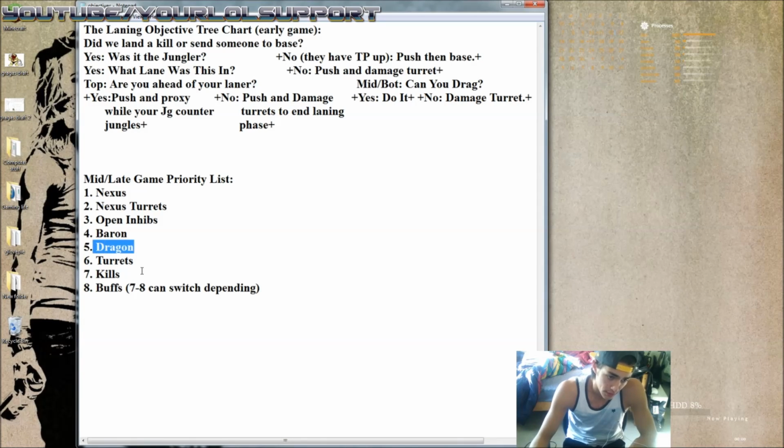Dragons over turrets. Now the reason I say that is because turrets, although they put pressure on the map, turrets will always be there. Dragons will not. Dragons have a wait time for you to get the next one. That's why I say dragons over turrets, if the dragon opportunity is there. Not only do dragons scale into the late game as far as gold values are concerned, but turrets...